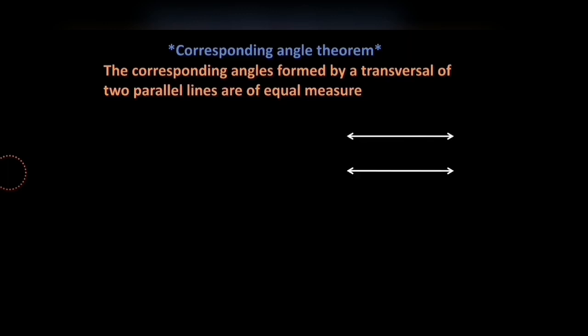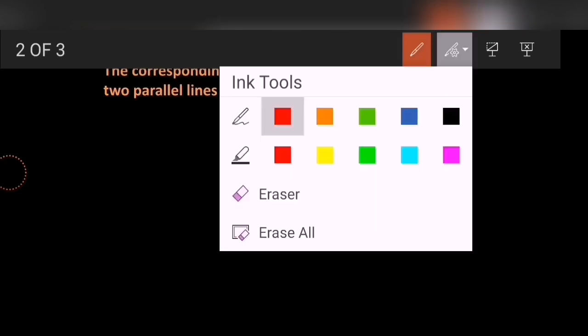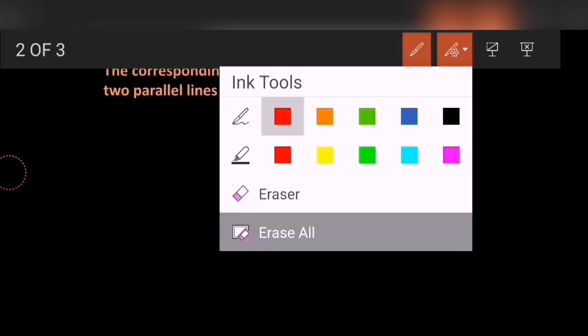So let's consider first of all two parallel lines, and over here these are the two parallel lines and the transversal of it. After that we have to consider corresponding angles, so consider corresponding angles as A and B. As I taught you before, if you are not able to understand where the corresponding angles are, then we have to number them. So number 1 over here, 1 here, 2 over here, 2 over here, 3 over here, 3 over here, and the blank part is number 4. That is how angles A and B were chosen. This is the way you go on numbering, and choose any two same numbers so that those will be the corresponding angles. This is what we have learned previously.